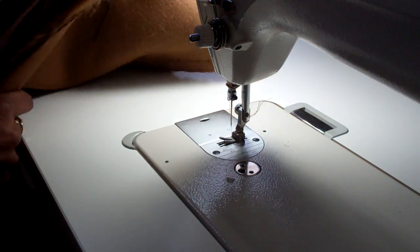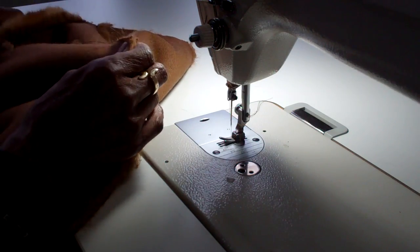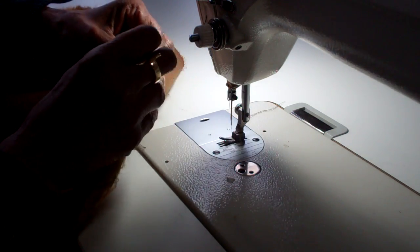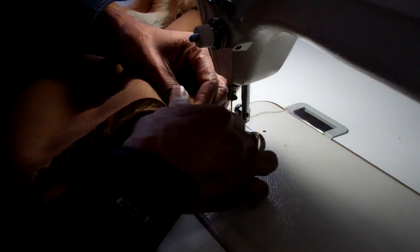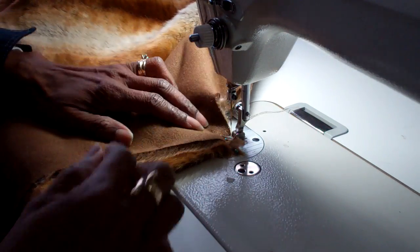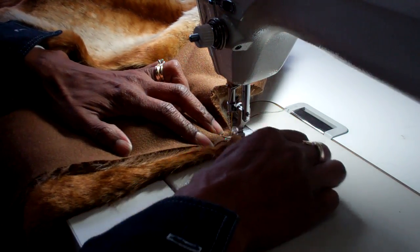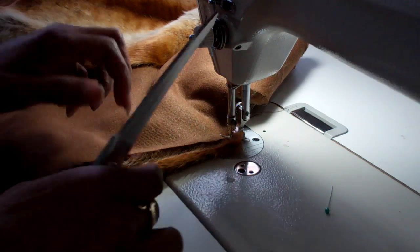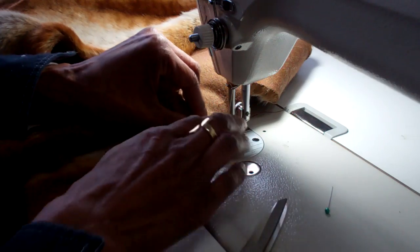But if you don't want to do that, look, we're going to pin the two together just so they don't shift and move, because they will. And put it up underneath the foot. I'm going to sew a few stitches to secure it, to keep it in place. And then I'm going to take my scissors to take the fur itself and push it underneath so I can